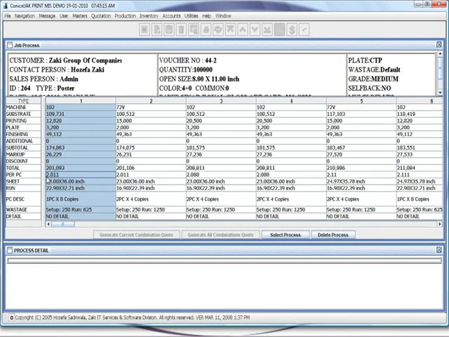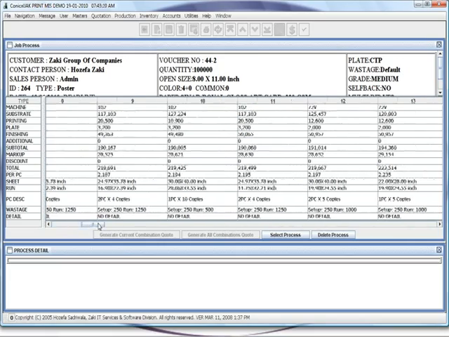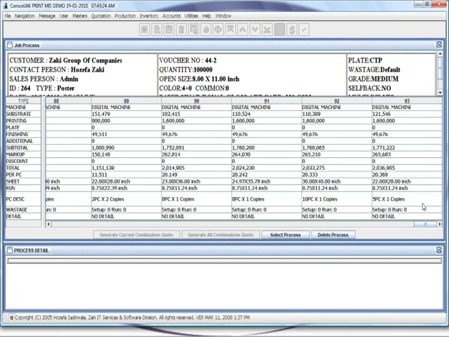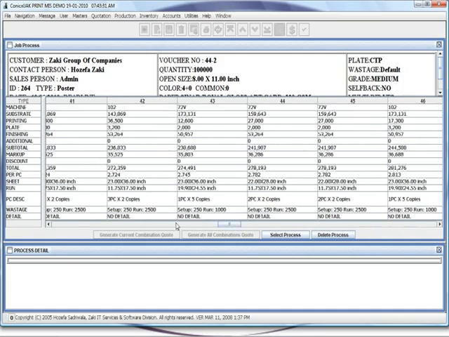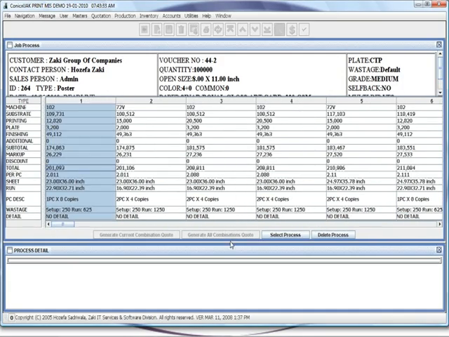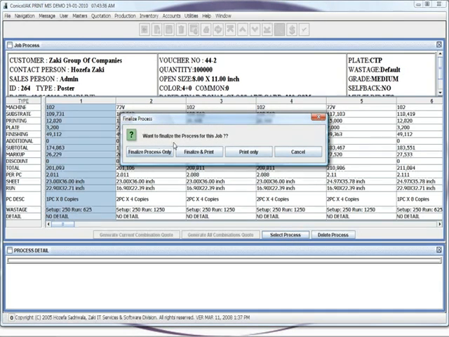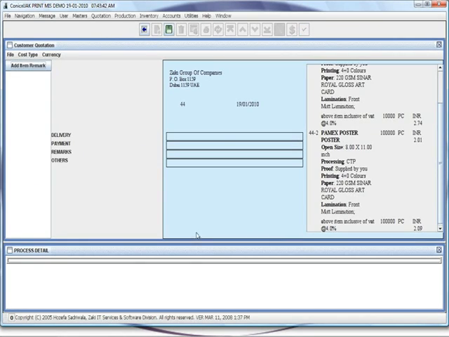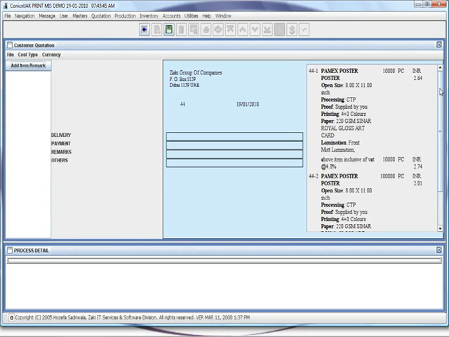The cheapest cost would be on a 102 at 2 rupees, and the most expensive would be on a digital machine at a cost of 20 rupees per piece. We shall select the cheapest cost. I'll click finalize process only, and then click generate all combinations quote to have a quote ready with your different options